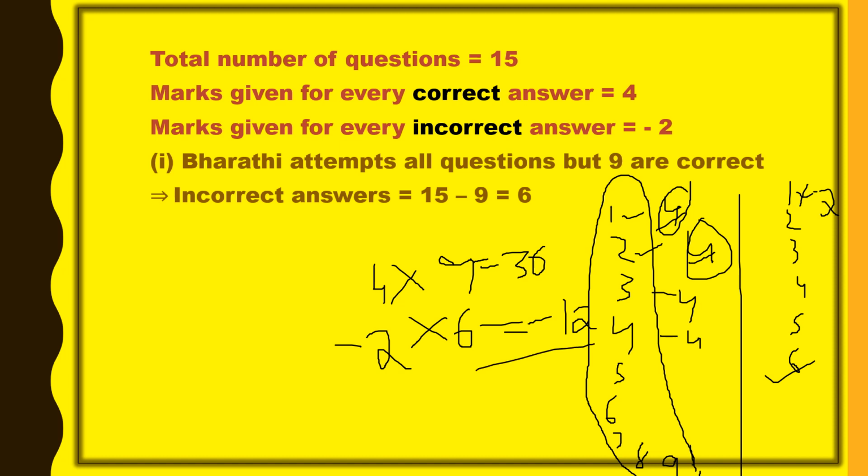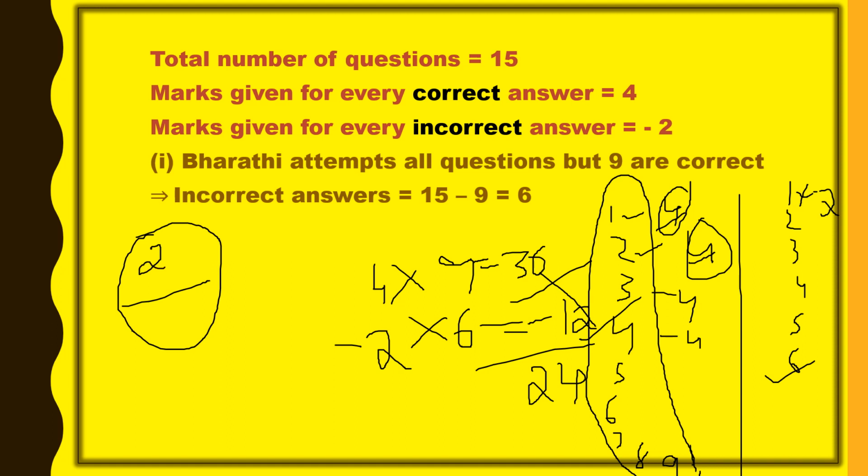Now if you want to count the total score, teacher, I got these many marks, put the score here. Okay, so how will you tell it? You should subtract this, because here you are losing marks and here you got positive marks. So you subtract and tell, teacher, I got 24 marks. Okay, so out of how many marks did you get 24 marks? You should count it in this way.